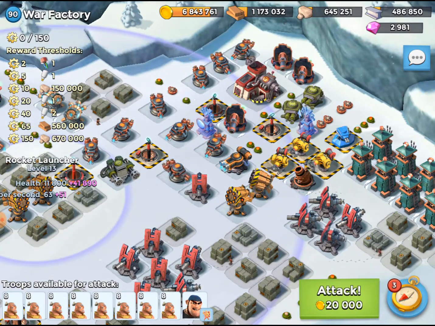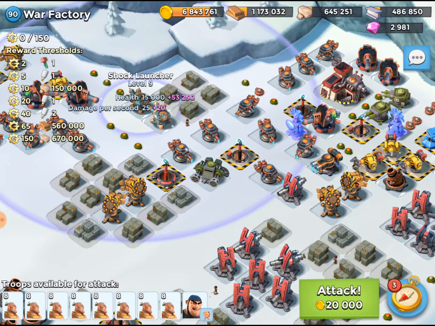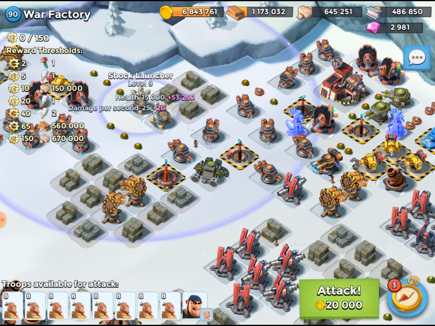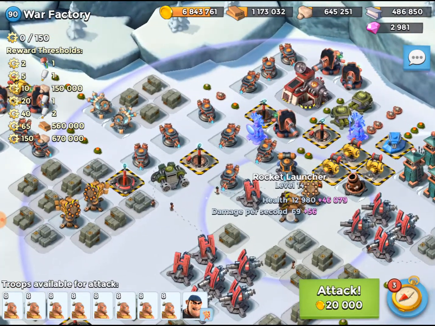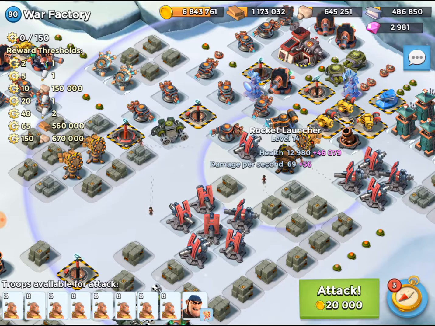Trying to take some heat off the warriors. Well, I'll tell you what. Not something I normally do, but we could go and hack the shock launchers over there. That would make life easier. Can try to hack these out. Maybe clear mines on the first hit. And see where we are at that point, I guess. I don't know, because this is